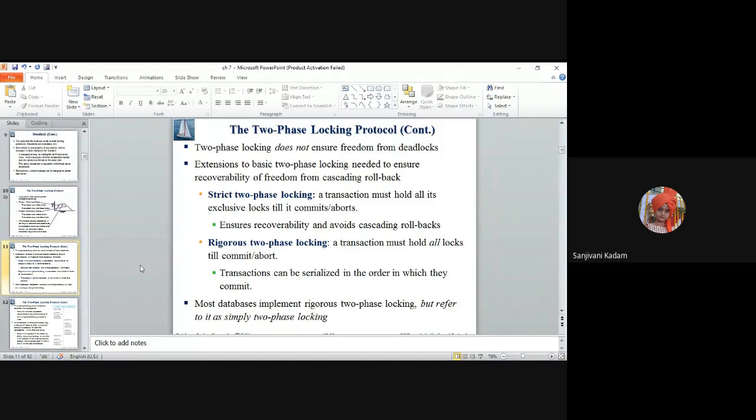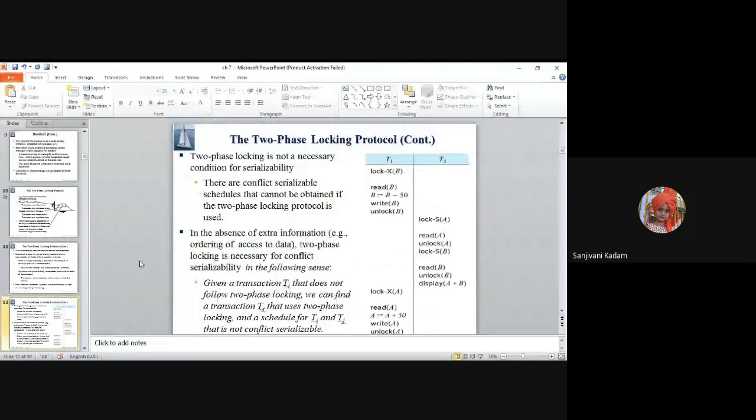So this we have seen. Again, we have seen concurrency, that is a schedule, wherever such protocols are there, that is two-phase, growing and shrinking phase. Within that, achieving the concurrency can be a problem. Here we have seen an example where the unlock B request is sent, that is the unlock B command is executed, and here lock X of A is executed.